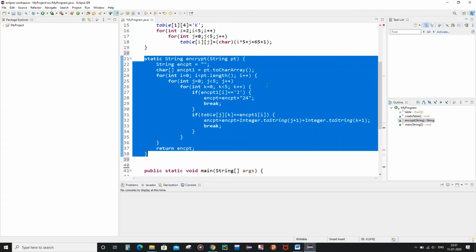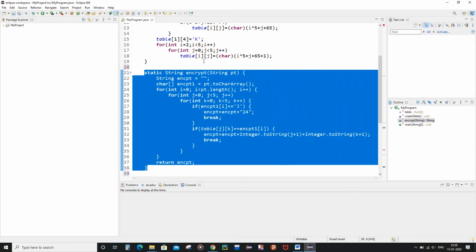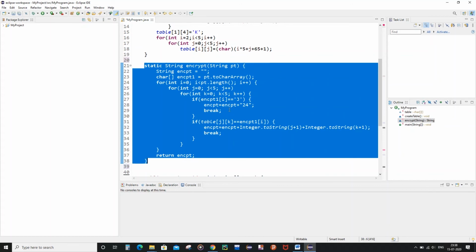And after that, for each of the characters which we have inside the ENCPT1 character array, we are going to find such characters inside the table matrix. And after finding such characters, we are going to convert the row as well as column value into strings and add them together. And after that, we are going to add such string converted row as well as column indexes to the ENCPT string variable.